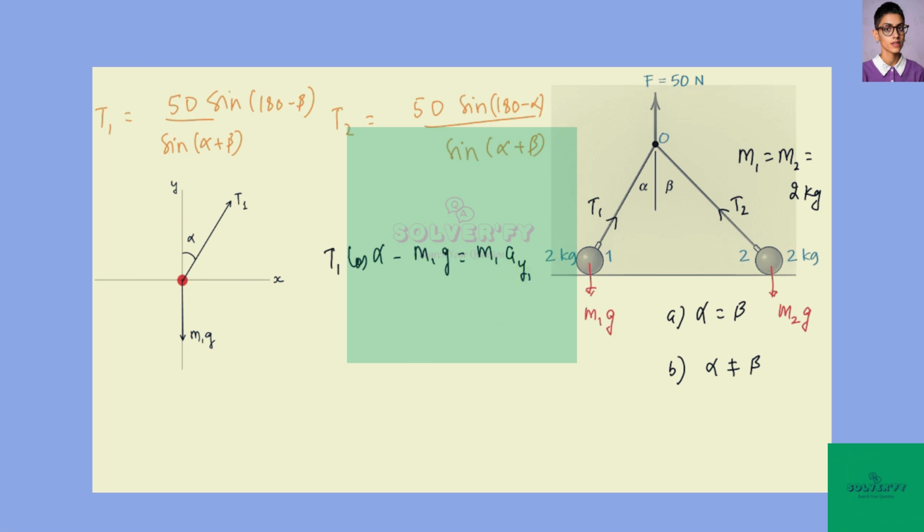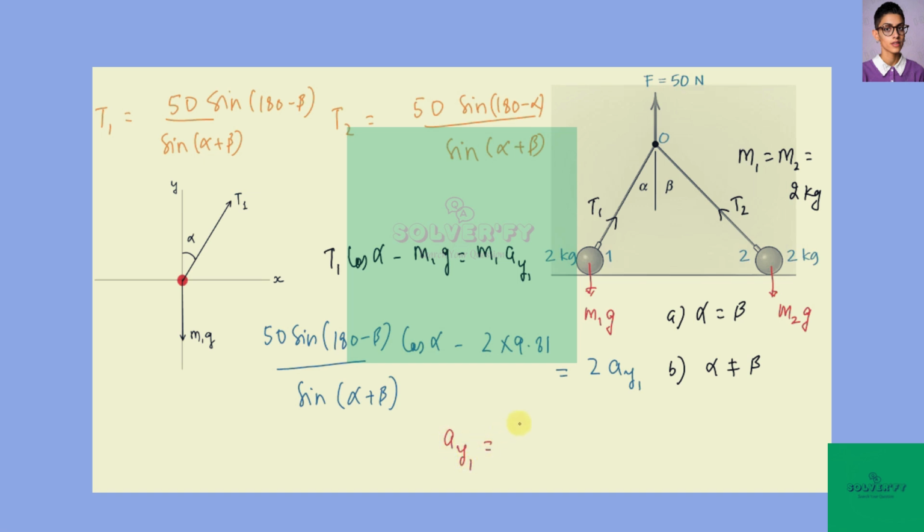Now we can put the values. So T1 we have this much, so 50 sine of 180 minus beta divided by sine of alpha plus beta, and cos alpha as it is, minus m1, so m1 we have 2, times g we have 9.81, is equal to m1 which is 2, and ay1 as it is. So here we have only one variable, that is ay1. We can simplify for this, and finally we'll get our result to be